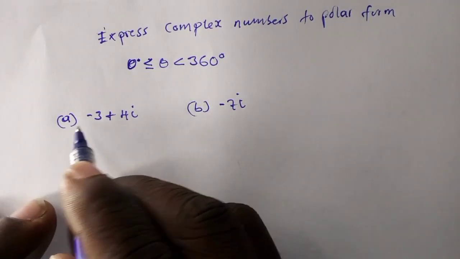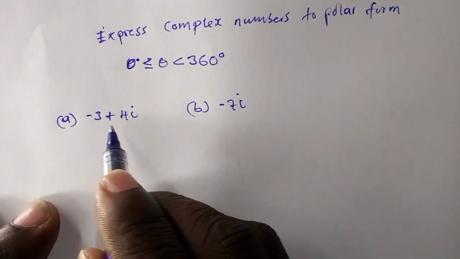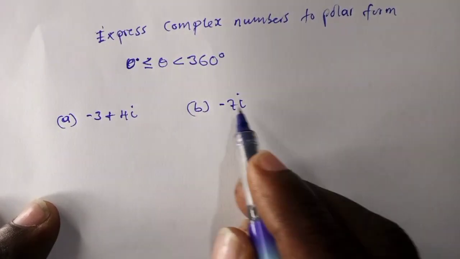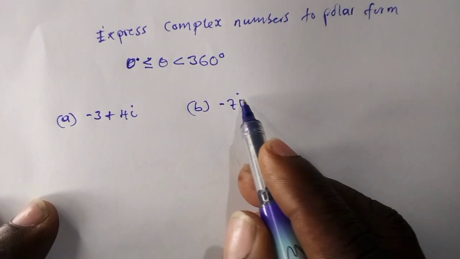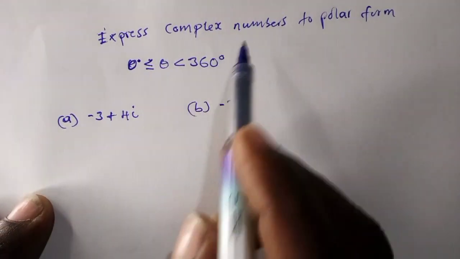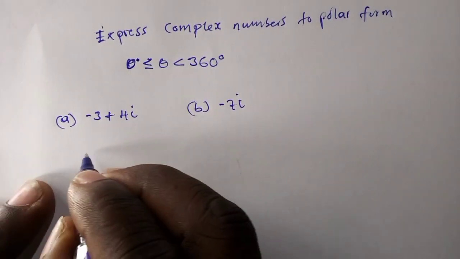So let's get started with question 1. Question A is minus 3 plus 4i, which is imaginary. Then B is minus 7i, which is imaginary. So we have to take these complex numbers into polar form. And the standard formula for